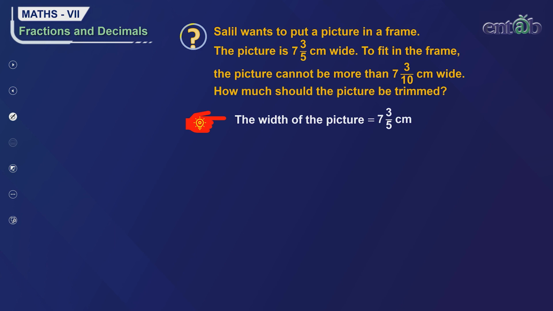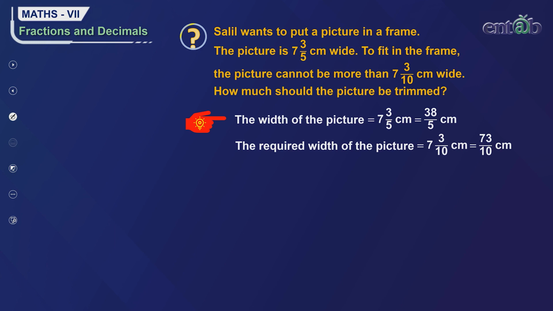Converting this into the improper form, 7 times 5 is 35, 35 plus 3 is 38. So, we get 38/5 centimeter. Now, to fit in the frame, the picture cannot be more than 7 3/10 centimeter wide. So, we can say required width of the picture should be 7 3/10 centimeter so that it fits the frame. Converting this into the improper form, we get 73/10 centimeter. I need to find how much should